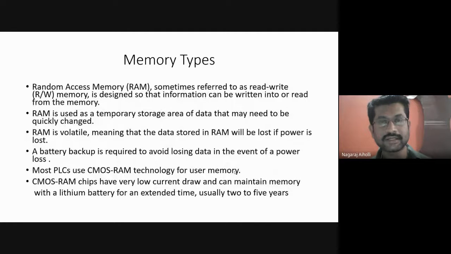RAM memory is volatile memory, where we can read the data and also write the data, and it requires a backup power supply. A backup battery is required, because whenever the power supply is turned off accidentally or intentionally, then what will happen? The data may get lost. The data will get lost, and hence the backup is needed. A backup power supply or backup battery is required for the RAM memory.